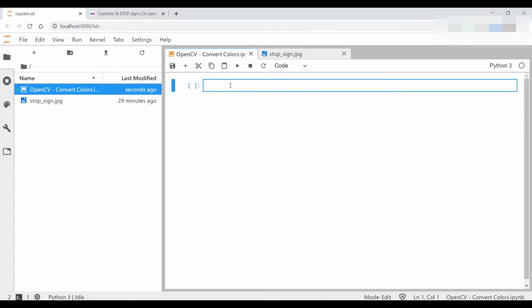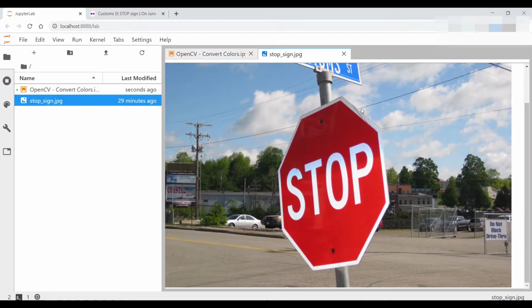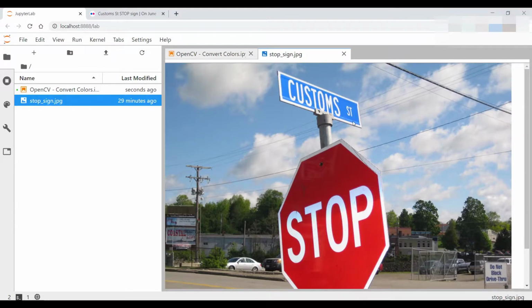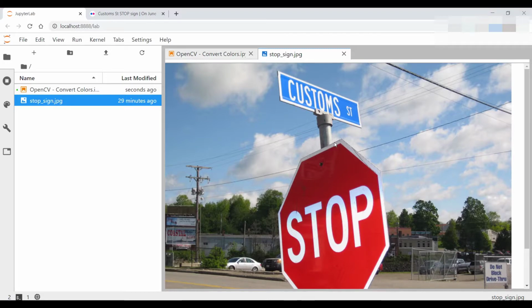Today we'll be showing you how to convert a picture from one color scheme to another using OpenCV. So for this exercise, we'll be using the stop sign that you see over here. And it's also got this blue color sign over here, and that's going to be useful because we're going to